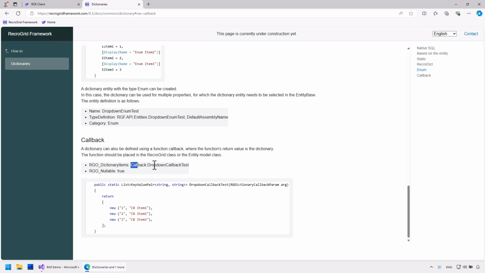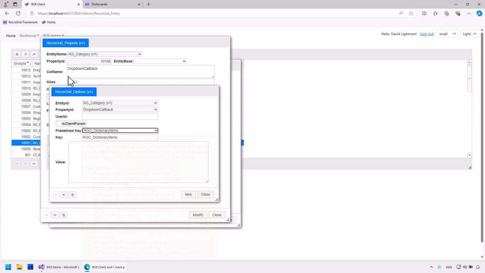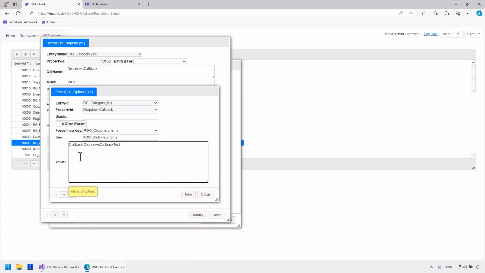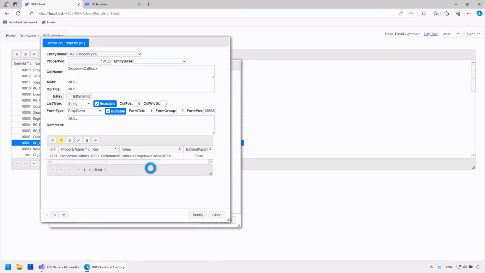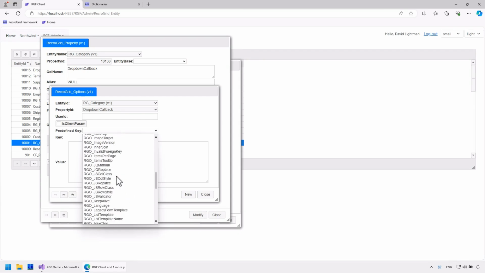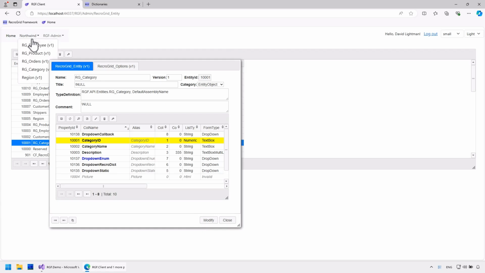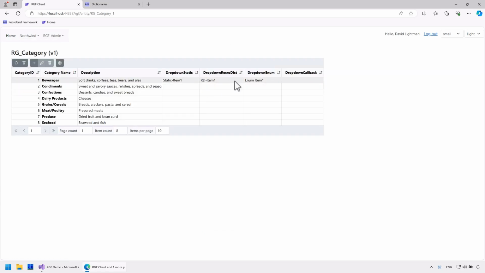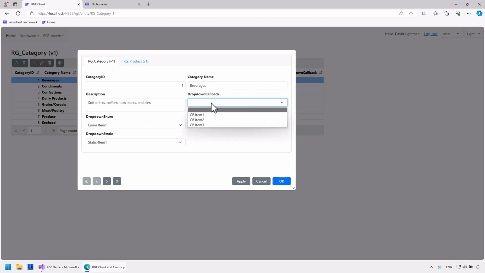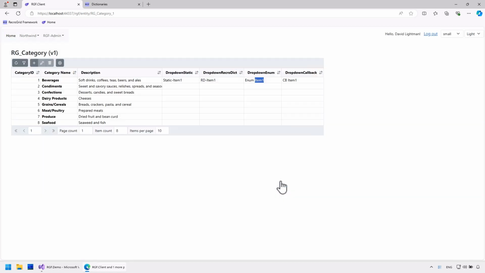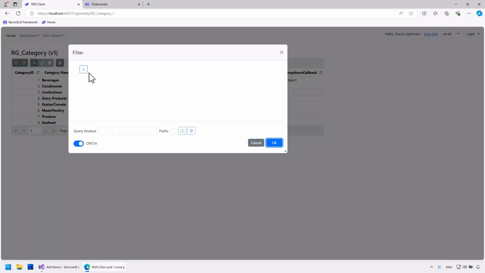The definition is the callback keyword and the function name. Let's try it. Also the filter.